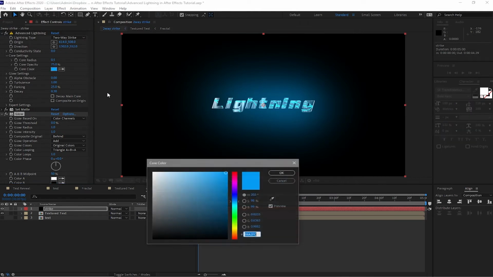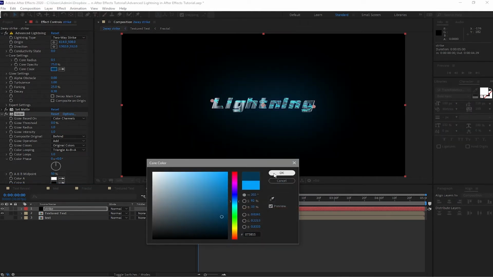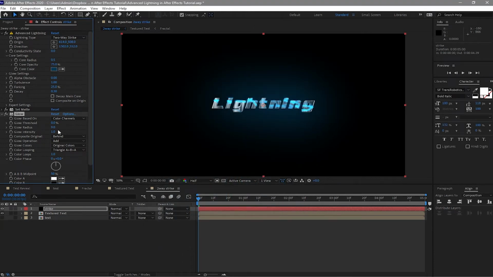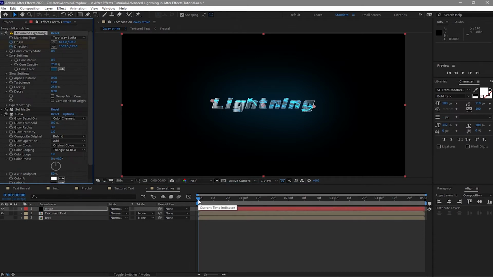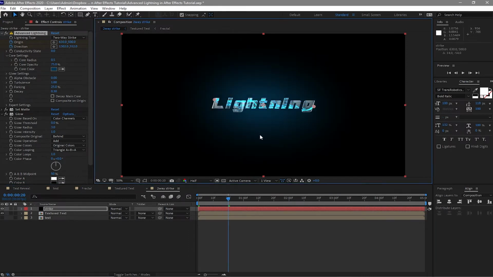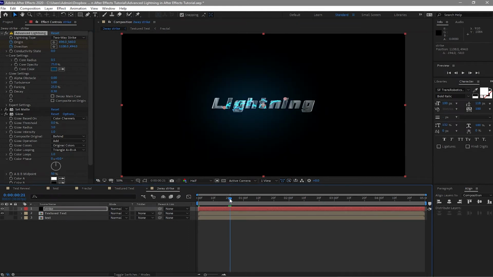I want it darker blue instead of this light blue. I will change the glow radius here from 1 to 3. So after this one, it's time for us to animate it. All we have to do is click the origin and direction and make sure that your playhead is here, and I will just go about 20 frames. I will just move the point in here and then move this bit closer, and then move my playhead again to about